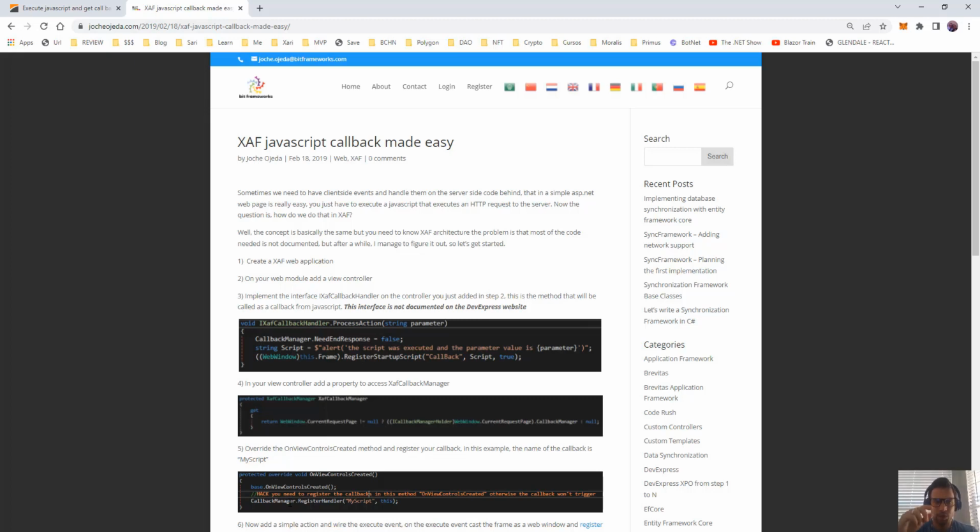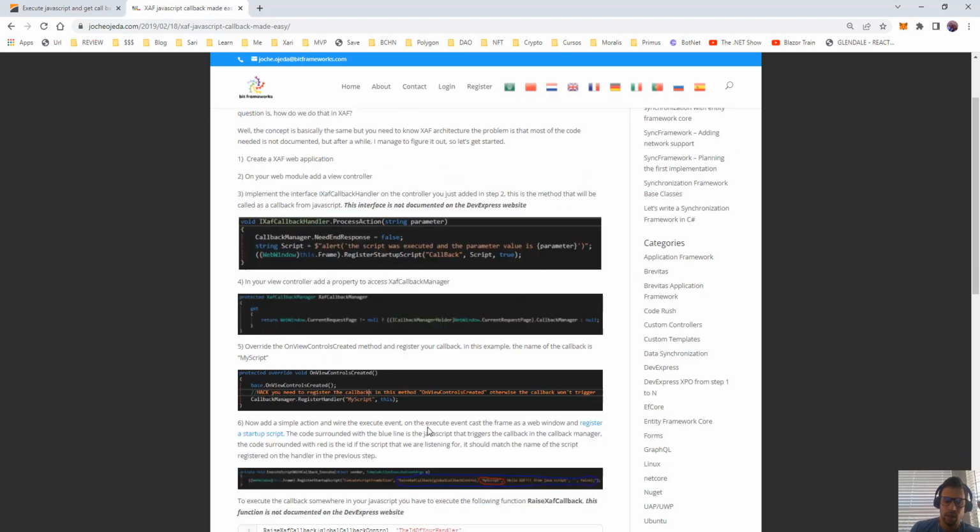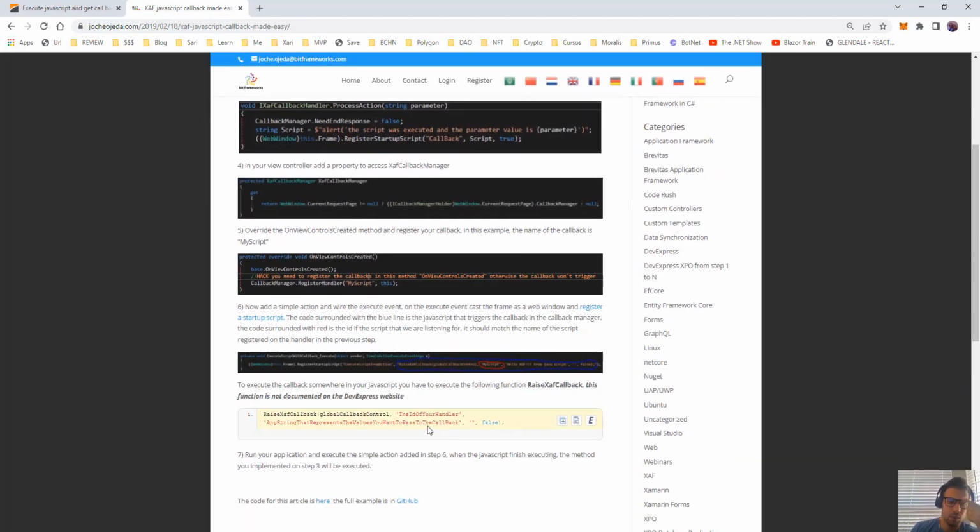Hello everyone, in this video we're going to be talking about XAF web and actually doing a callback in the login process. So we have this article from Hoshi about doing a JavaScript callback in a controller, and if you see here, one of the things that we are displaying in this example is doing inside an action. So you can check the code here,